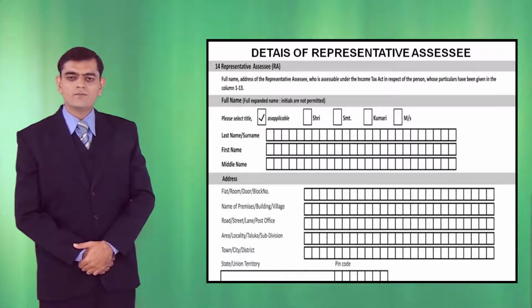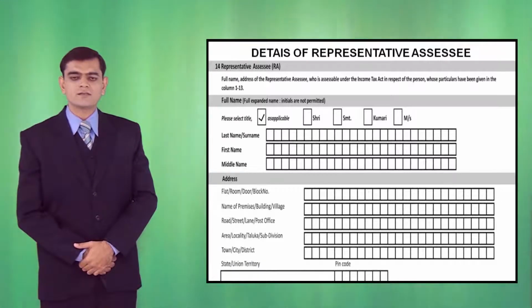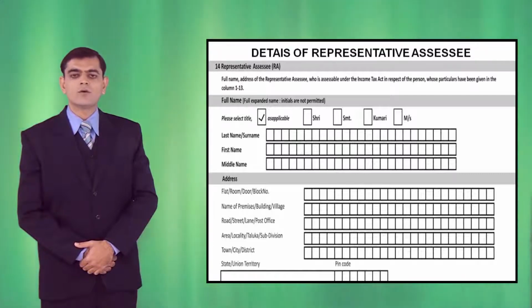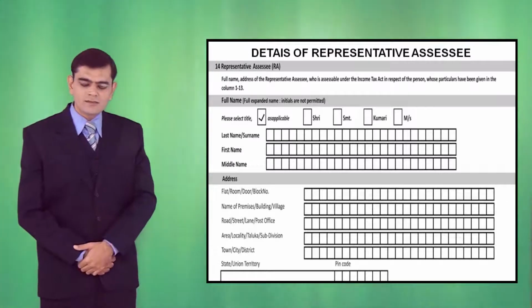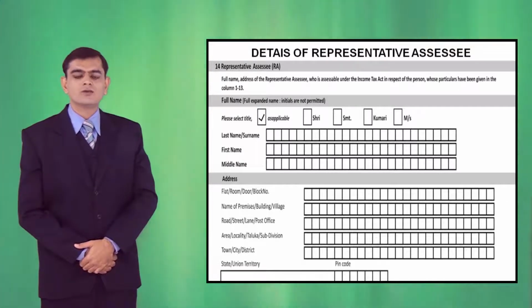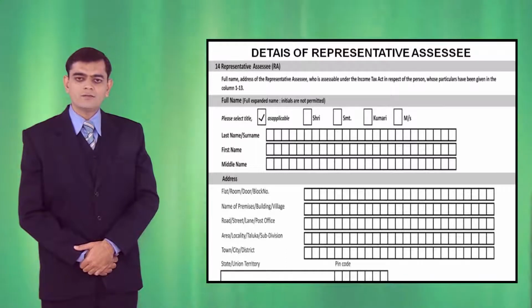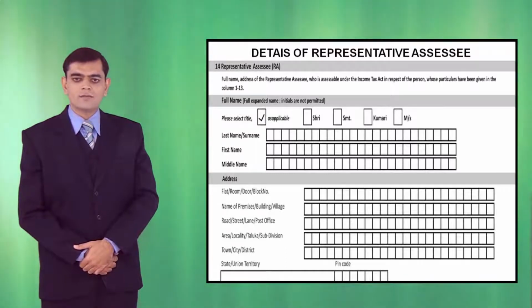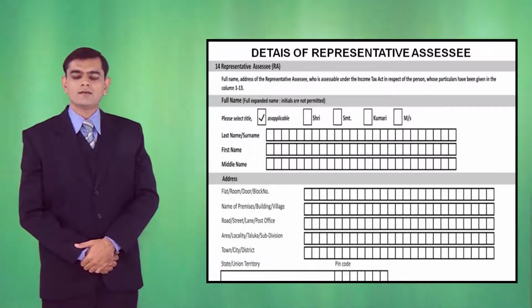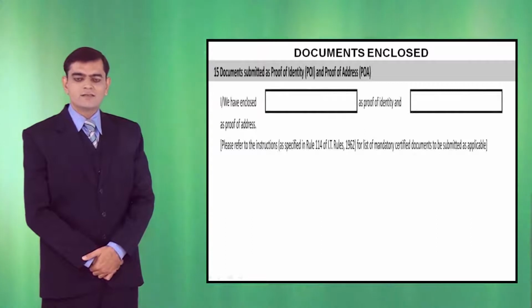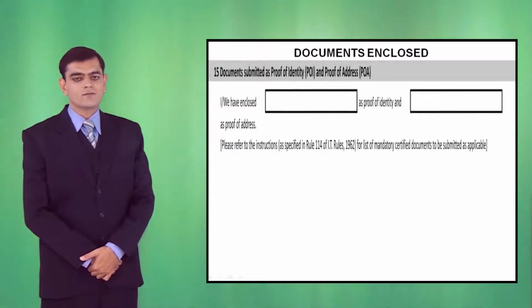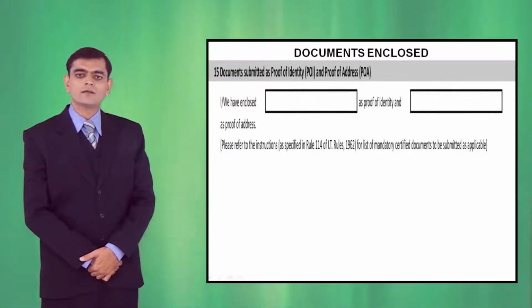If the applicant is represented by a representative assessee, then the details of representative assessee should only be provided in this field. In all the other fields, the details of the applicant should be provided. In our case, we consider that the applicant is not represented by any other person, hence we will leave this field blank. The next field is the field for providing the details of documents enclosed along with the PAN application